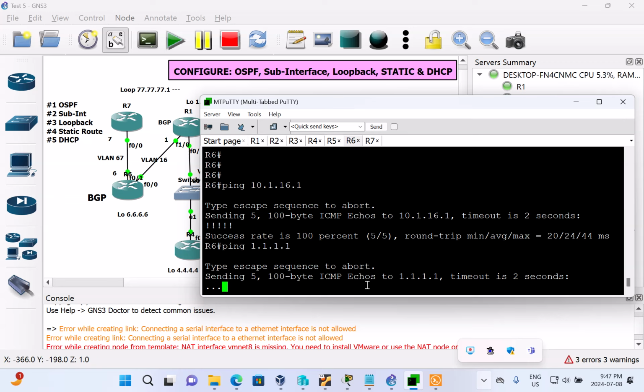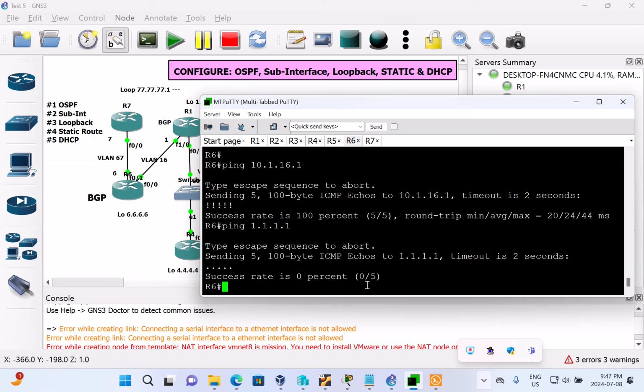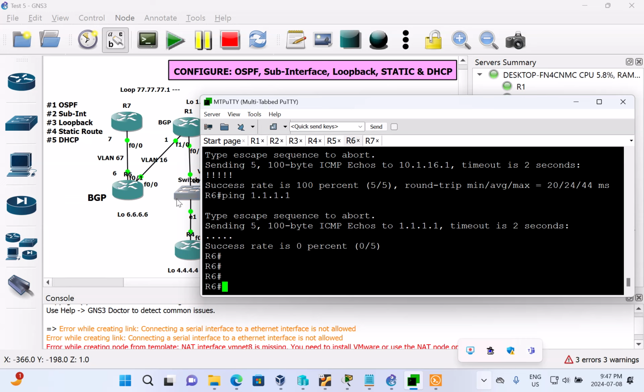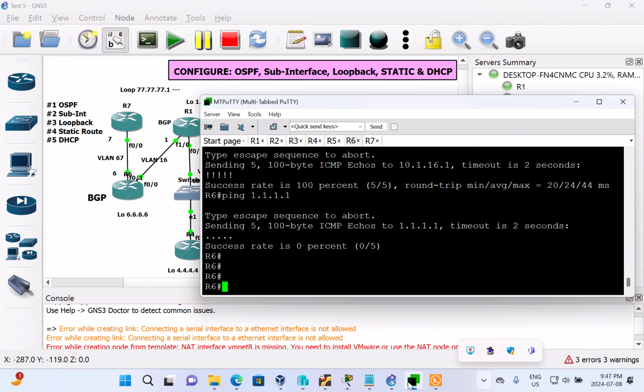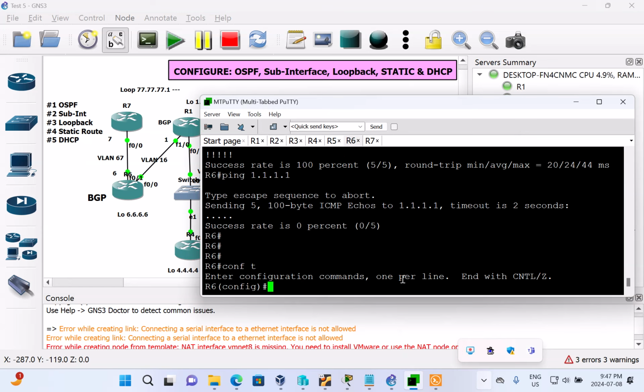So to be able to reach it, we can create what they call a static route. I will need to tell this router that to reach the network 1.1.1.1, you need to go through this address. To do that, it's simple. We need just to go to the config terminal mode and type ip route, followed by the network we want to reach, 1.1.1.1, and the subnet mask